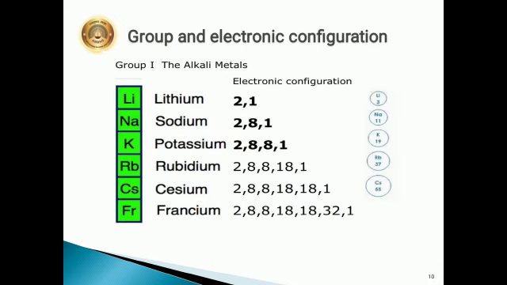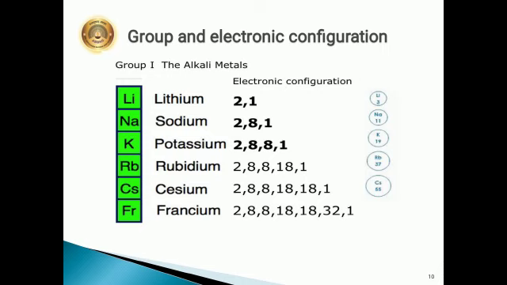Now, the modern periodic table and the electronic configuration of the elements. We have seen that within a period, the neighboring elements differ slightly in their properties, while distant elements differ widely in their properties. The elements in the same group show similar properties and gradation in their properties. These characteristics of groups and periods in the modern table are because of the electronic configuration of the elements.